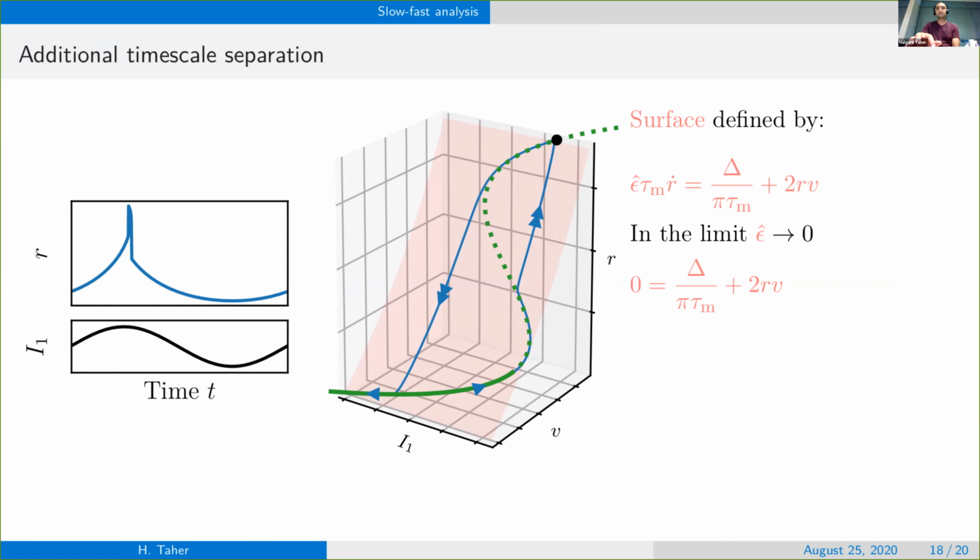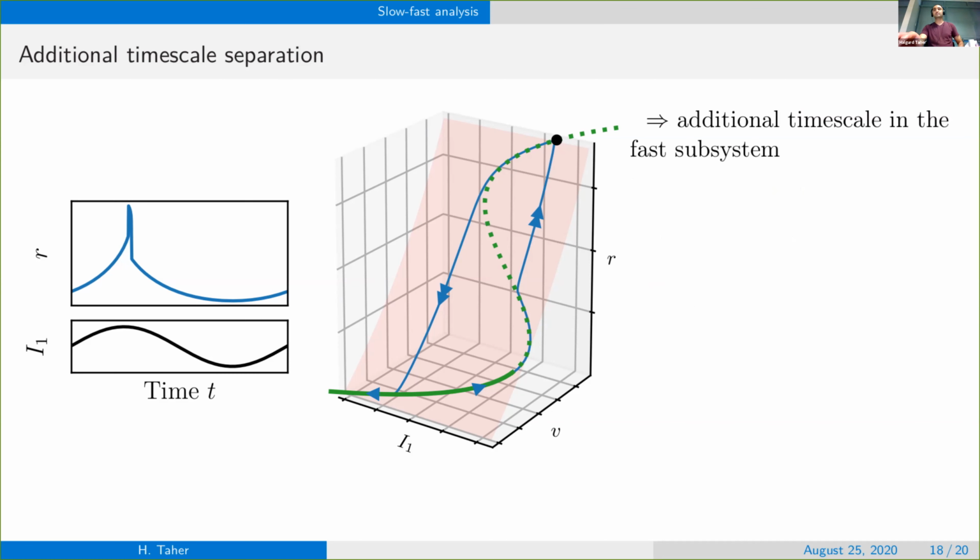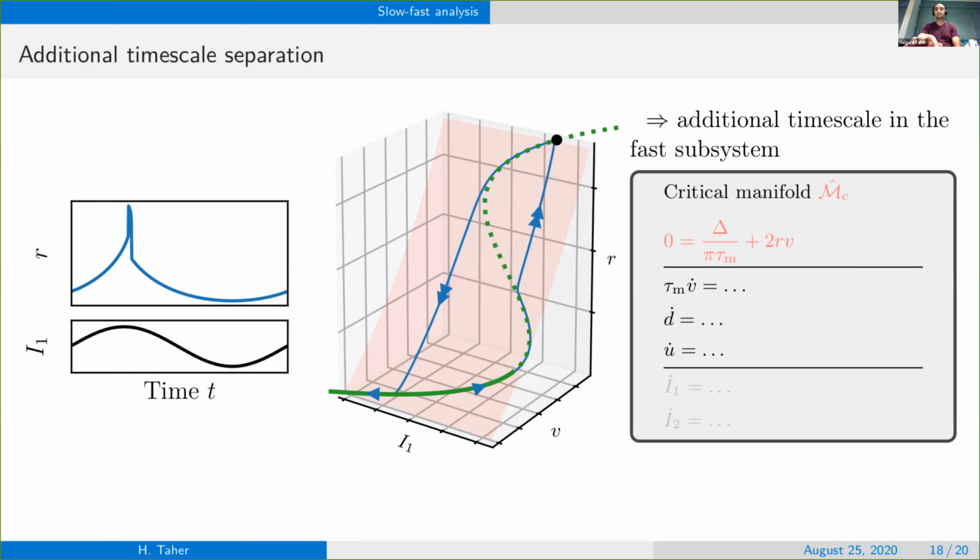Because if we look at the differential equation for the firing rate, and if we put something like an epsilon here and take the limit epsilon to 0, we will obtain the equation which defines this surface. It is not a very rigorous way to argue about this third timescale, but for now it's sufficient. So there seems to be an additional timescale in the fast subsystem, and this additional timescale gives us a different